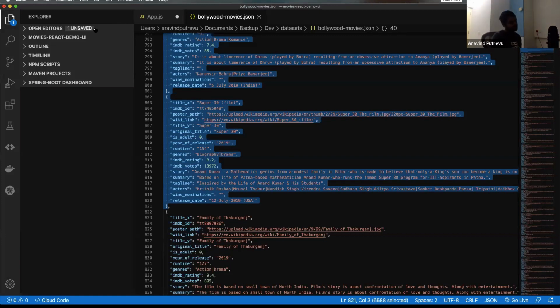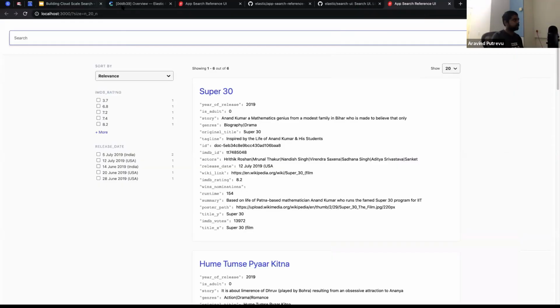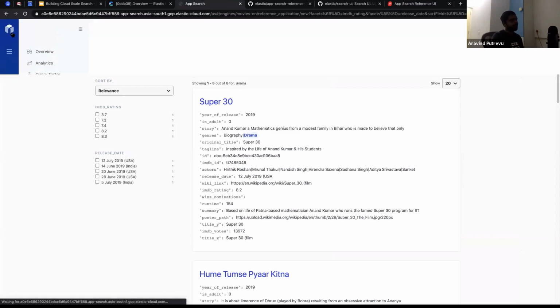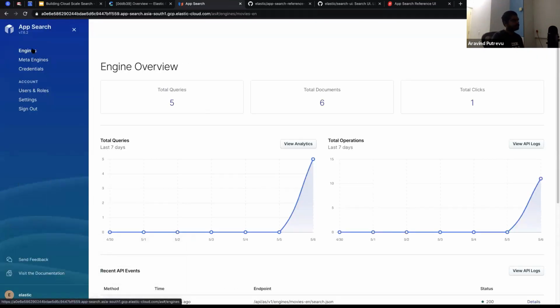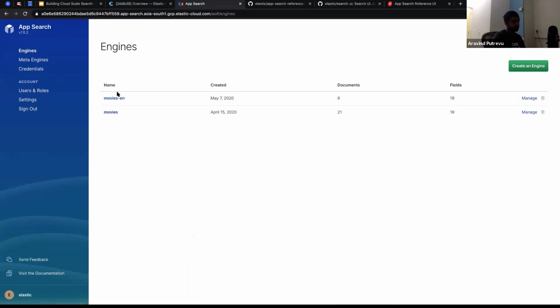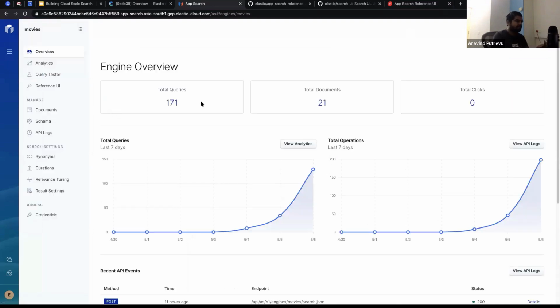So what I have done is I have a search engine already built in. So you can have multiple search engines here in App Search. I have created this one and showed you the app, and it's running here. But then I also have the movies part, another search engine through which I have made some queries, some data, so that we could see some analytics, etc. So I have made a similar app. It is connected to my account, and I have downloaded that app, and I'll run it and show you how that app really looks.